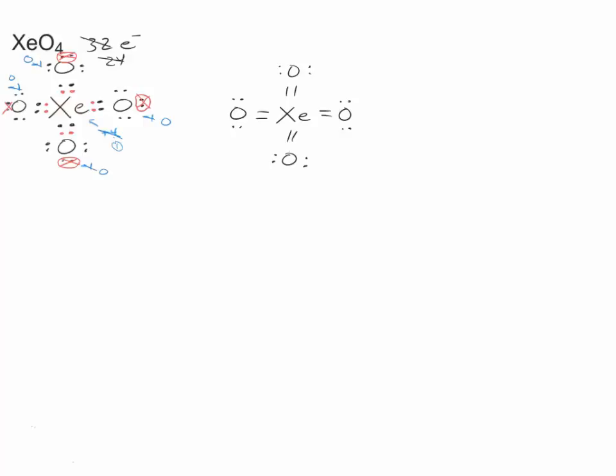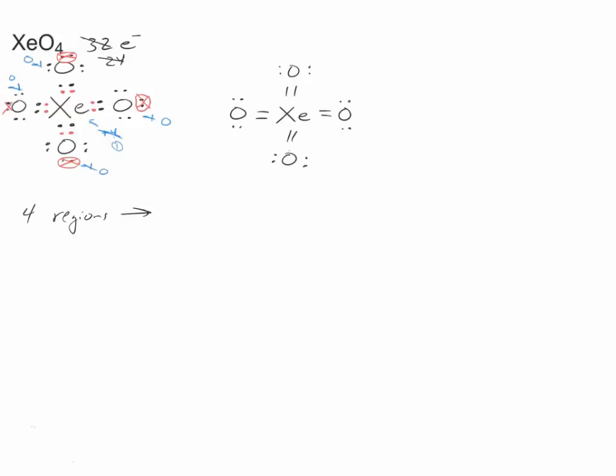So now we begin to look at shape. In this case, we only have one central atom, xenon. And what we look at, remember, first off, is how many regions of electrons the xenon has around it. It's got 1 region, 2 regions, 3 regions, and 4 regions. 4 regions,